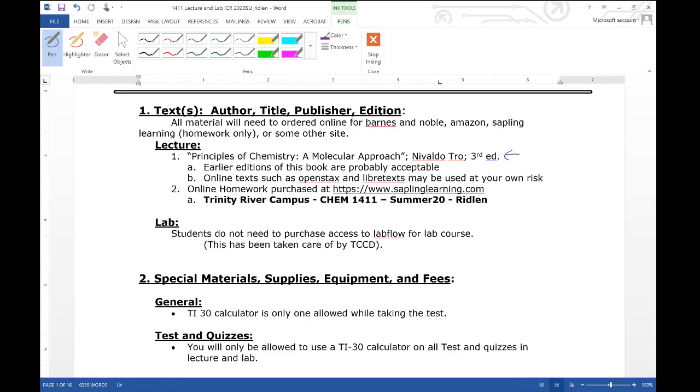That being said, there are also plenty of free online versions, so OpenStax and LibreTexts. I have links to those chemistry-specific books on the Blackboard for you. These are nice because you can search through them. I think it's OpenStax that is a lot of books put together, where they've taken the best parts of them and put them all in one book, and it's searchable.